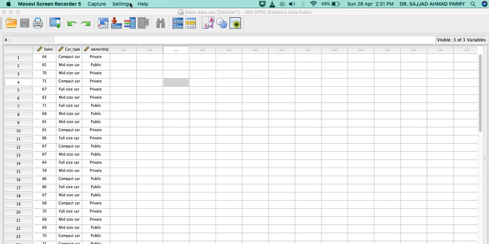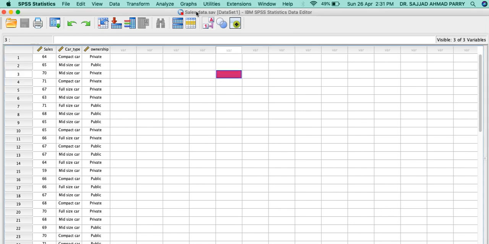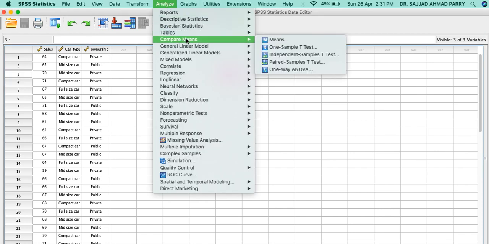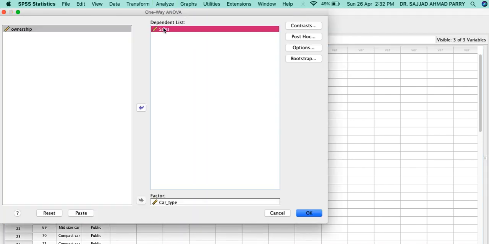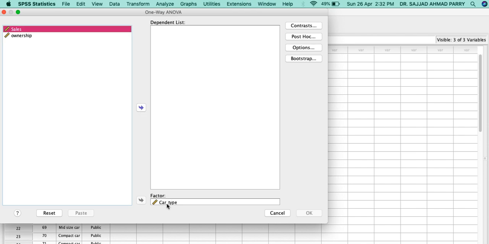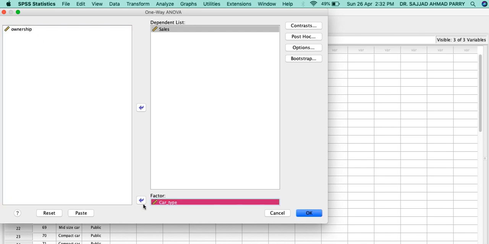Now let us go for the path. We go to Analyze, then Compare Means, then One-Way ANOVA. You see here we have the dependent variable. Sales will go to the dependent variable, and car type will go to Factor.